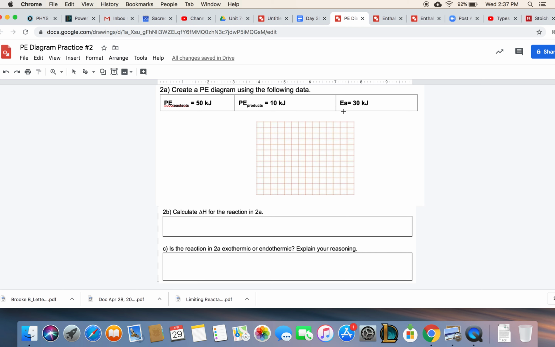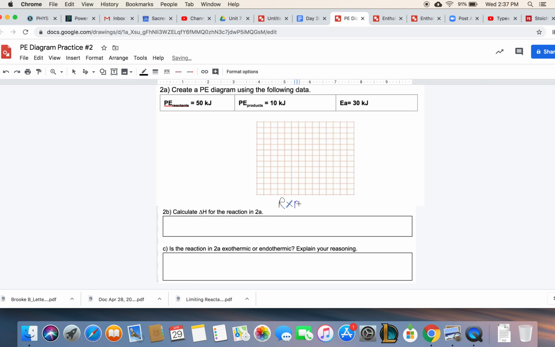And remember, this symbol EA stands for activation energy, and that tells us how much additional energy the reactants need to be able to break their bonds before they start to rearrange and form new bonds and turn into products. So this is going to help us to figure out the peak of our graph. Before we start, make sure that you're labeling the x and y axis of your graph. Our x-axis is not going to have any numbers. We're just going to call it